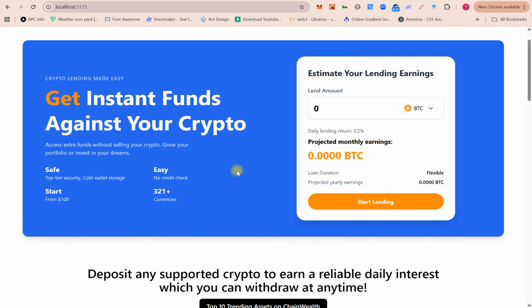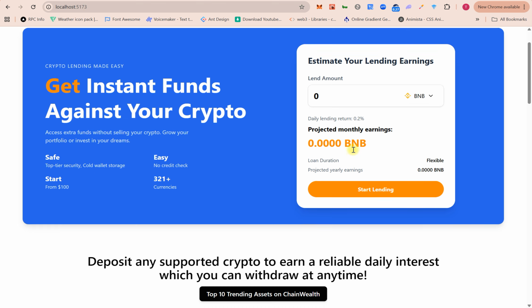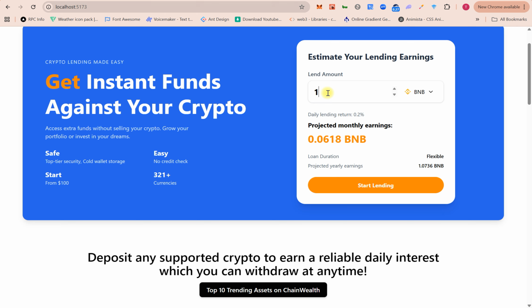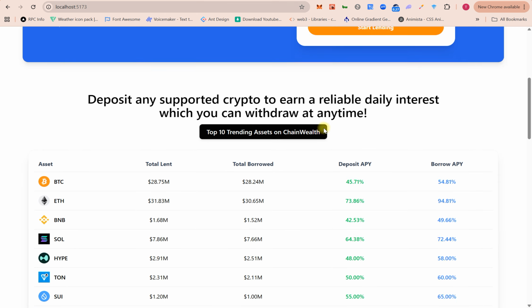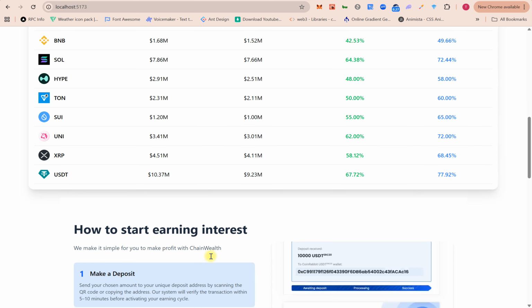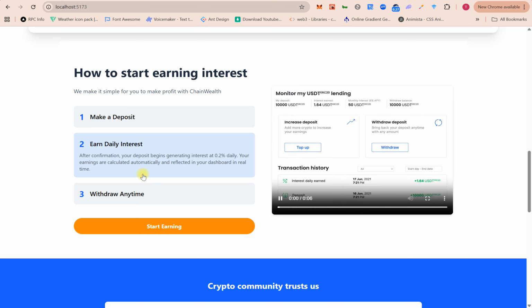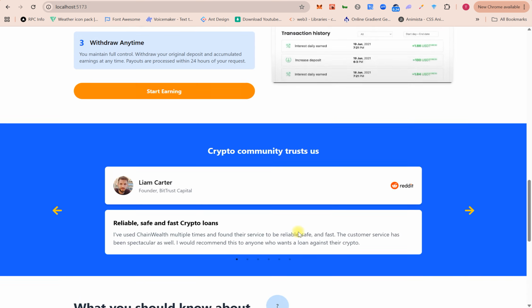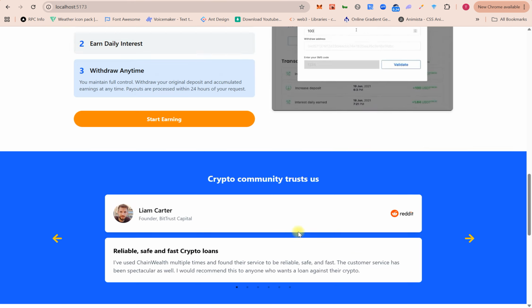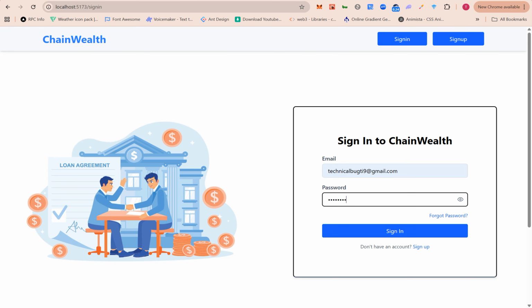Here is the calculator where users can calculate the interest. We just chose the top famous tokens for this project, and users can calculate the interest. Here is some data related to how much they deposit and earn, and the guidelines on how users can follow the instructions. This is the first landing page, and let's log